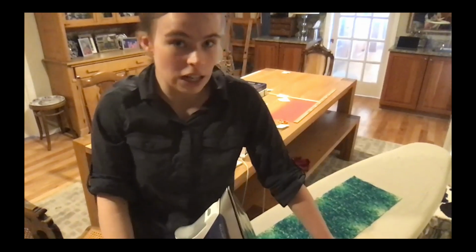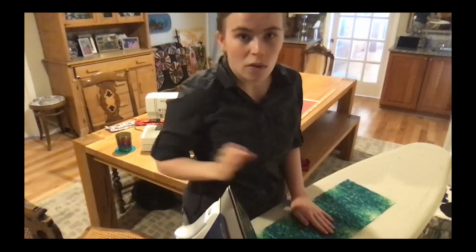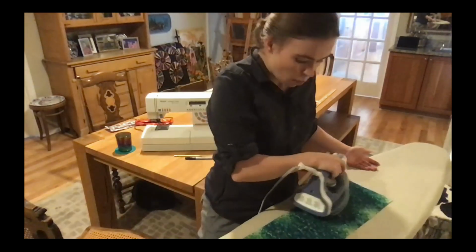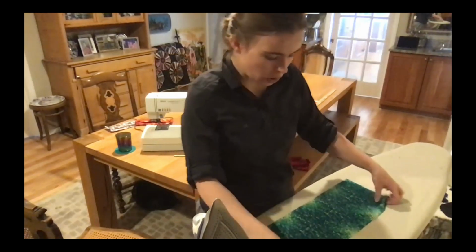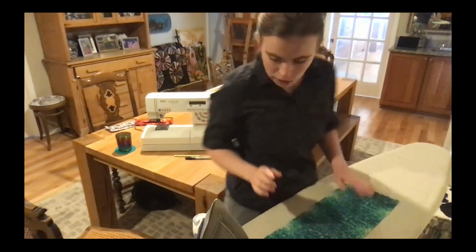All right, so, moving on. That's the supplies that you need to have. Here's the fabric already, and it's helpful to iron it flat first, which this mostly is. I'll just do a touch up. But what we want to do is pre-fold the pleats that we're going to use. So flip this over to the wrong side, the side that does not have the pattern on it. And we're going to take that ruler